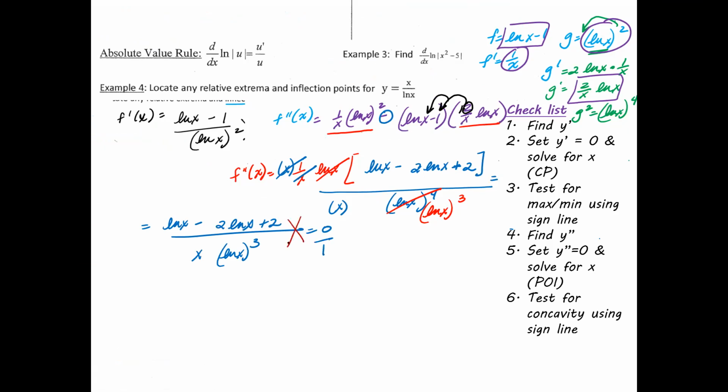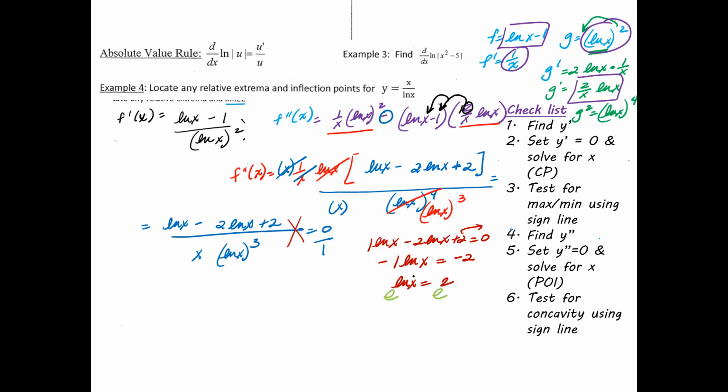Okay, now let's go ahead and cross multiply this. So then I have ln x minus 2 ln x plus 2 equals 0. And if you look at it, there's a 1 right here. So what's a 1 ln x minus a 2 ln x? Isn't that a negative 1 ln x? Move that 2 over, you get a negative 2. And then what you can do here is get rid of the negative 1. So ln x equals a positive 2. Now it looks a lot simplified.